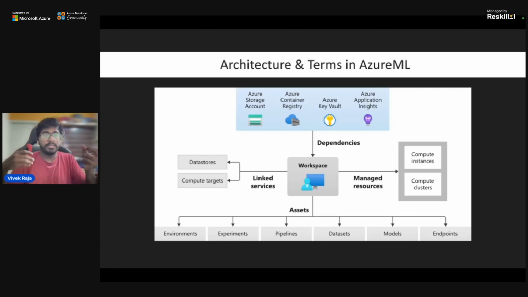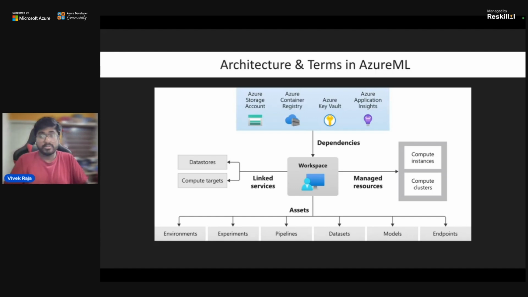You could make it such that you can pass parameters to this pipeline to customize it whenever you want, and then execute it. And most probably, this execution ties to an experiment which is going to run in an environment. Datasets are, of course, pretty much self-explanatory, as are models and endpoints. Endpoints refer to the deployments that you will see there. We have two linked services, called data stores and compute targets, which denote where the data is being stored and where your workloads are going to be executed. So that's data stores and compute targets respectively.